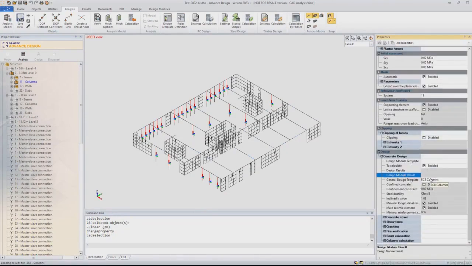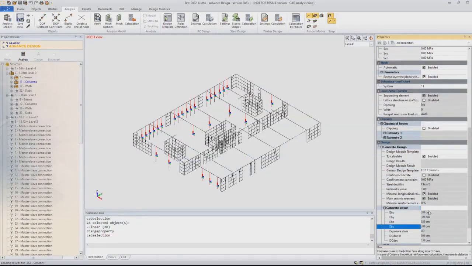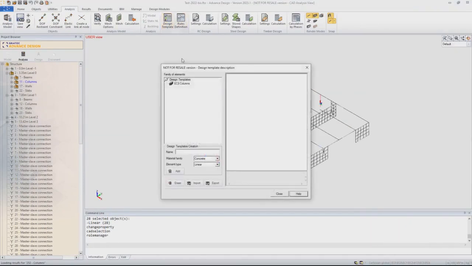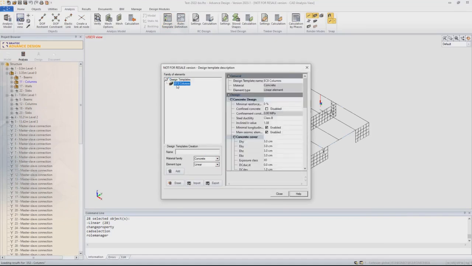See, and when you do that, the concrete assumptions are automatically grayed out to ensure that you don't change any of them by accident. It's set on class B and it's grayed out, so if you want to modify that, you have to go and modify them in the design template. So this is some kind of a security. It's more secure that way, and this design template is actually an XML file that you can export and share with your colleagues and use in future projects to make sure that you all use the same assumptions